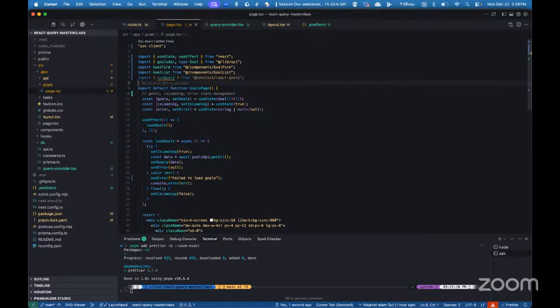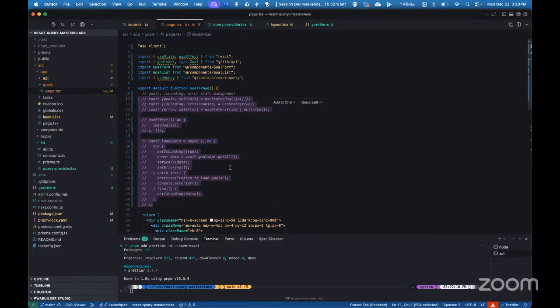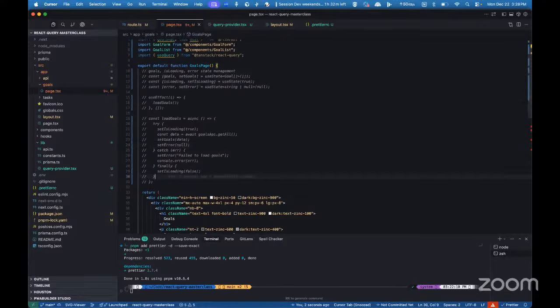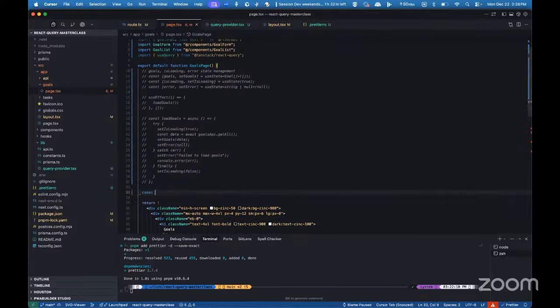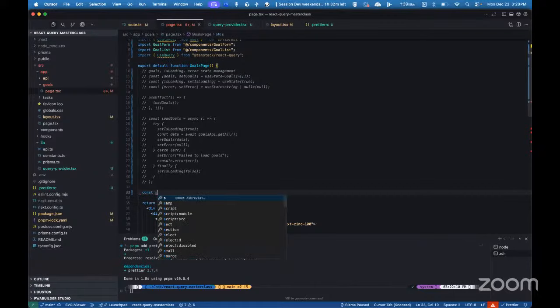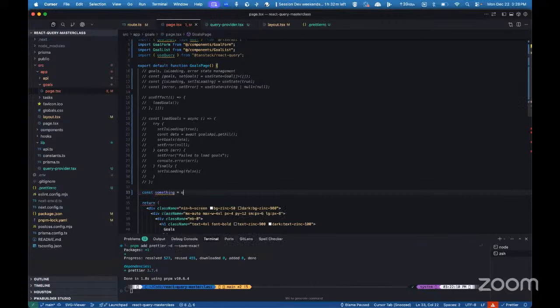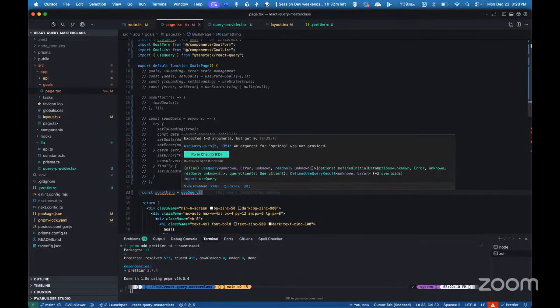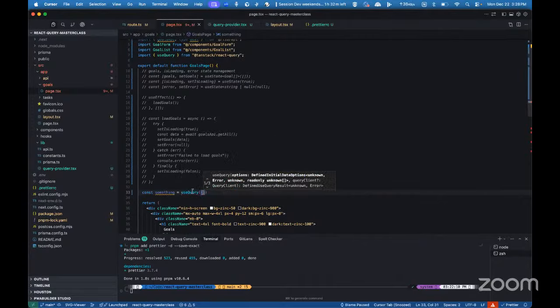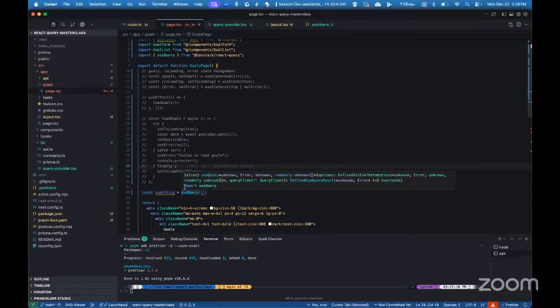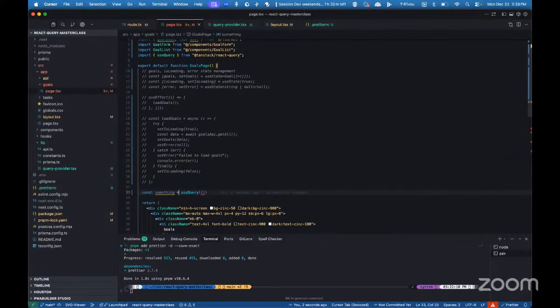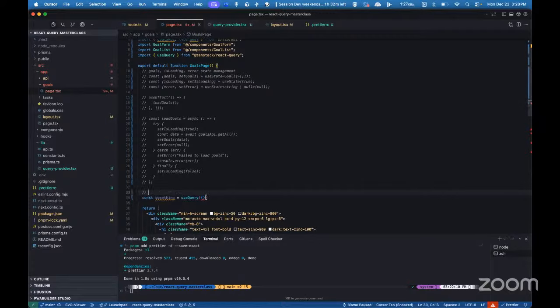And then let's comment all of this code, right? We don't need this. So we'll say const something. We'll define what it is later. useQuery. And this query takes an object where we can specify different things that we want to do. And the two main things that we want to give to this query is a query key